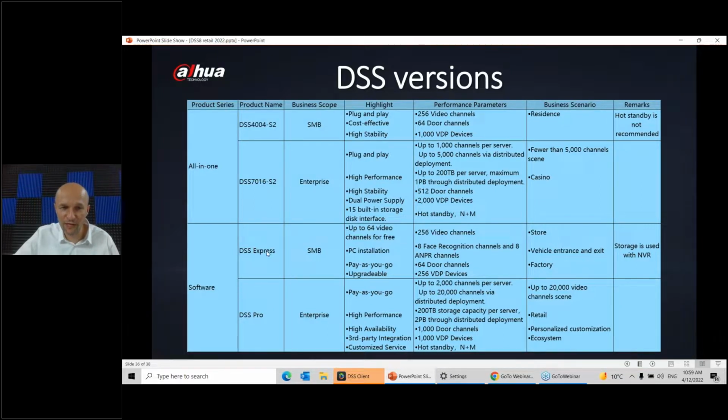Of course, what are the differences? Number of cameras, features, for example the maintenance center, as I showed you today, some statistics, more face recognition cameras, or more metadata cameras, more ANPR cameras. It's really a nice product, the DSS Pro, and it's really recommended for the shopping mall, for the retail chain, for integration. While talking about integration, we also have a new way to integrate things. My colleague Chris and I presented this in a couple of videos, on how you can do the easy integration. So I really recommend trying